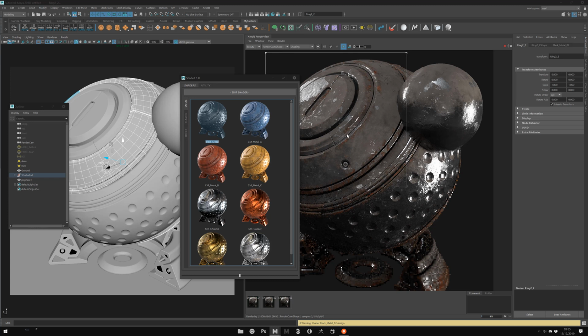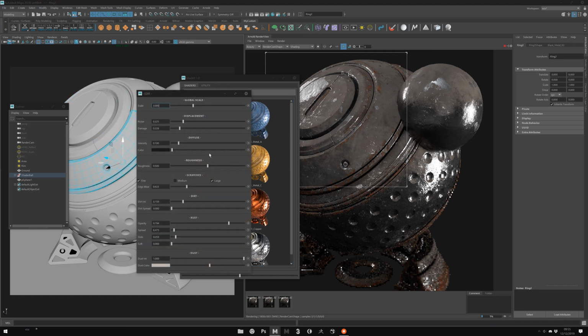Why do I do that? Because, for example, if I just want a new black metal but without the dust, I want all the same settings, and you will not have to do all the settings each time. Okay, it's a duplication. But now I can come here, edit, and for example, I say, okay, I don't want dust. You see, it's well a new black metal, and I don't want rust.